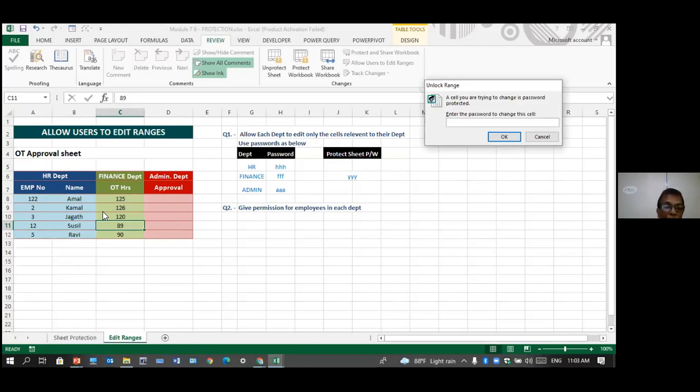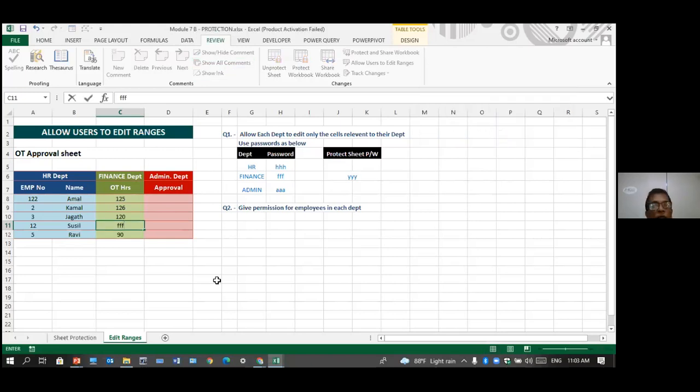For that, there's another password. I have to enter that password for that area to get unlocked, right? So what is the password for that? FFF. Sorry, you have to enter it only once. So there you are. Now you can change the green color area. Now when you save it, everything gets locked again, right?